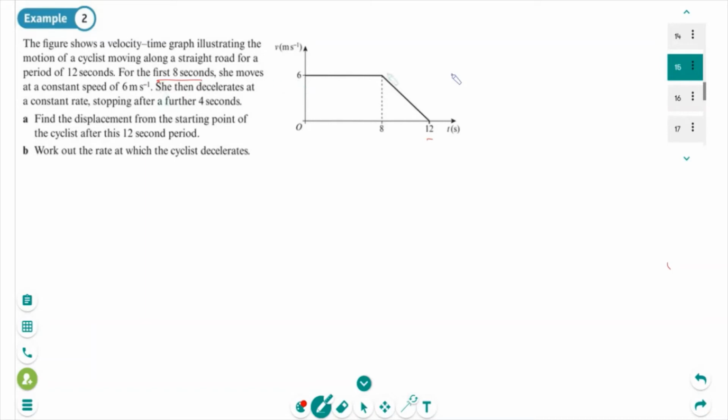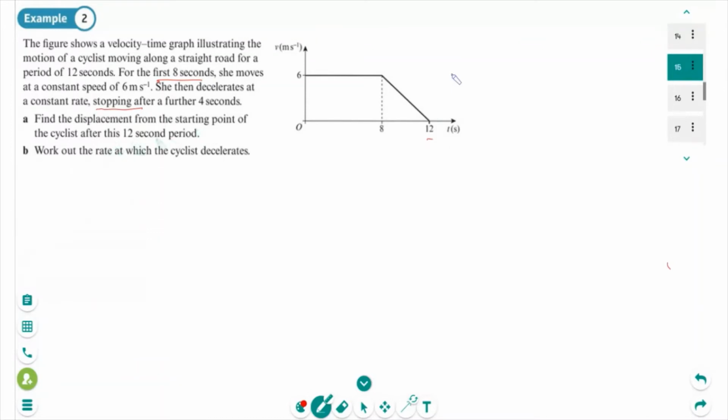Then she decelerates at a constant rate. That means her speed is decreasing. And then she stops after a further 4 seconds. So she stops, that means her velocity is 0 after a further 4 seconds. So 8 plus 4 is 12. So the graph touches the x-axis after 12 seconds. Okay, so that's the completed velocity time graph. And you need to find the displacement from the starting point